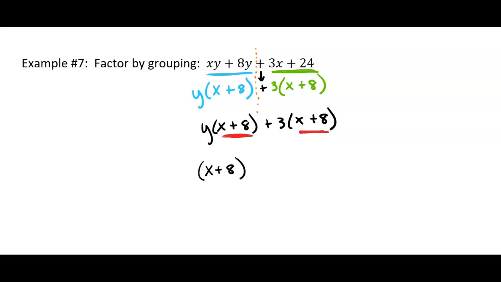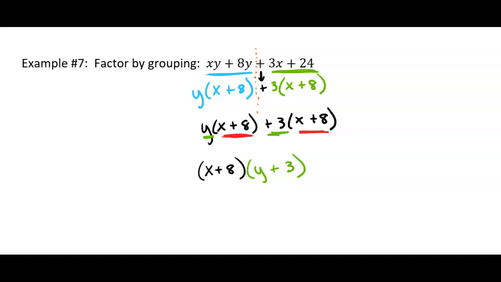And then what do I have left? Well, I'll put it in green because sometimes this part's hard for students to understand. You have a y plus 3. Very colorful. Okay? And now I have stuff times stuff, right? I've got a binomial times a binomial. And if I multiply that out, if I distribute or FOIL, it's going to work out. Okay? And I'll do the check for you so you can see it.